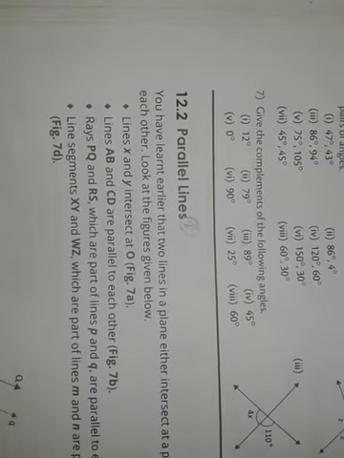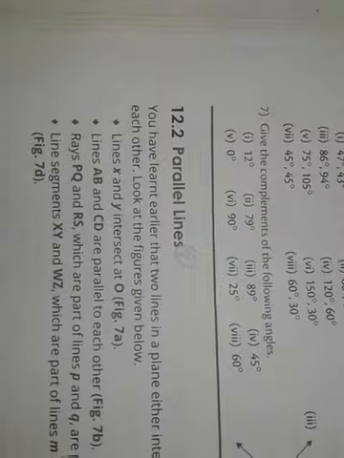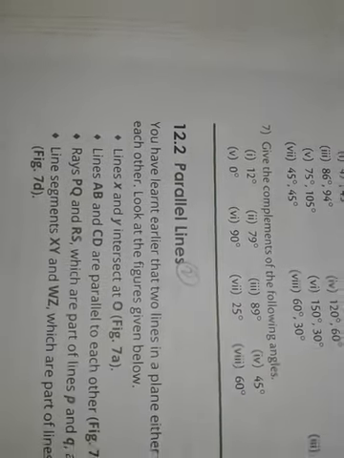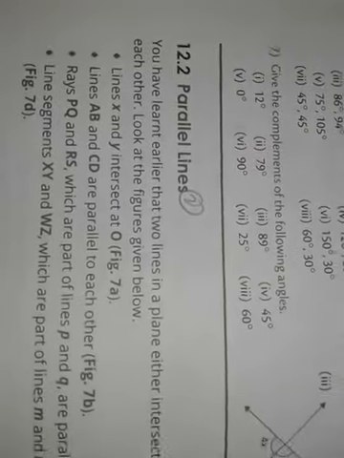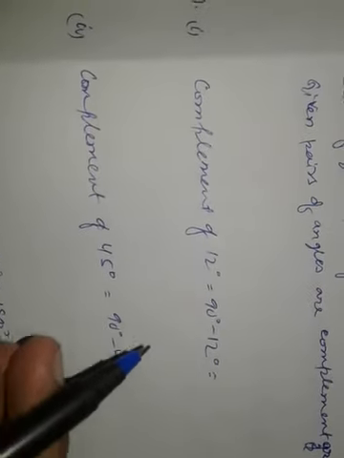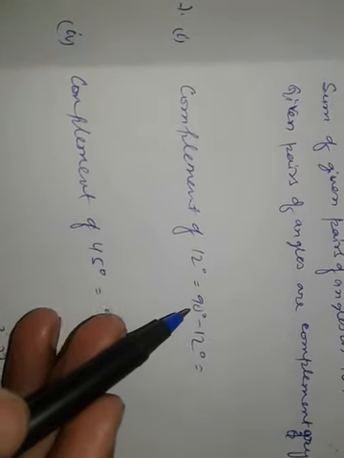Okay. Now question number 7. Find the complements of the following angles. That means we have to subtract 12 from 90. Then we get the complement of 12. Here I have chosen two questions from exercise 12, and 90 minus 2, that is